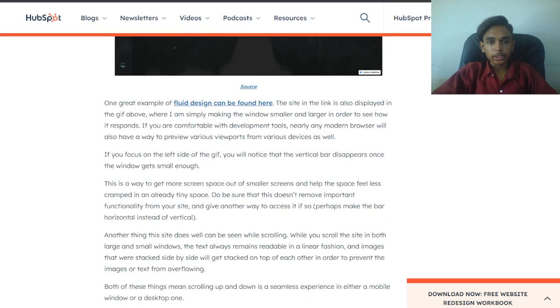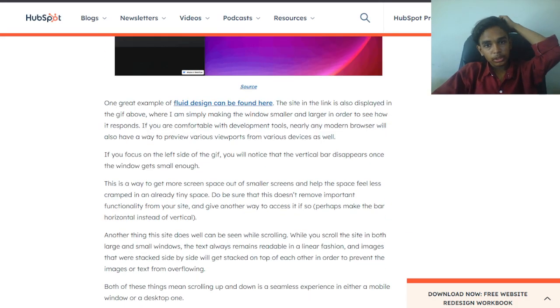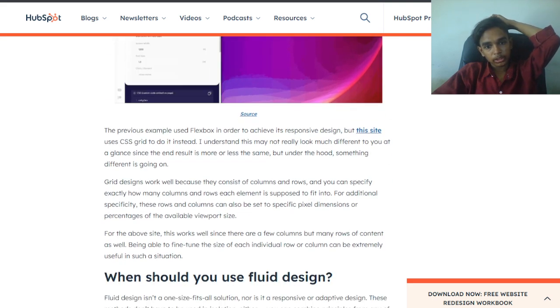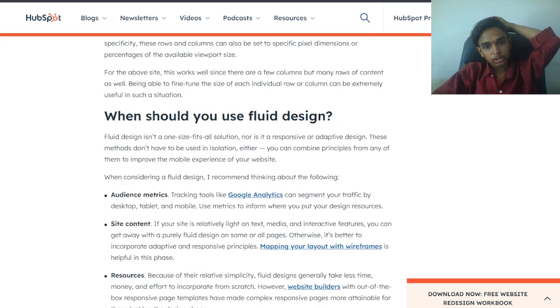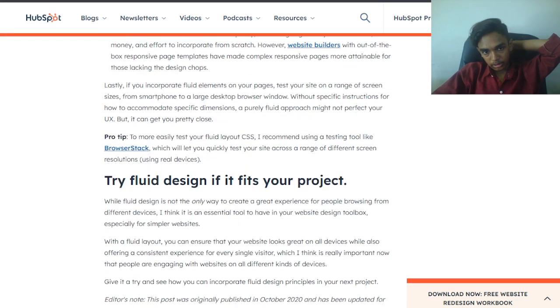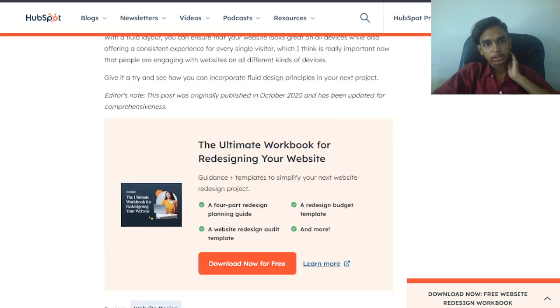Example of fluid design. A great example of fluid design can be found here. Windows uses fluid examples in its switchable resources. This lacks the design complexity, especially on simpler websites.